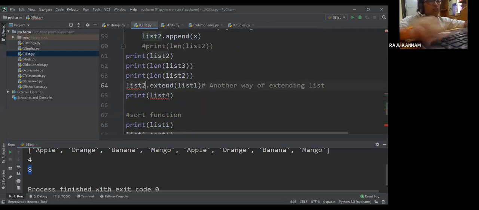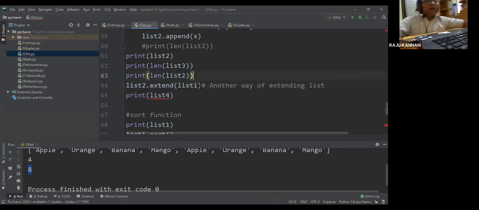List 2 dot extend means whatever list you mention in the extend method, the elements of that list will be added to list 2. That means list 2 is further extended by the elements of the specified list.